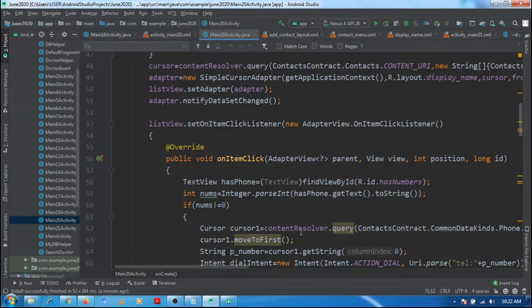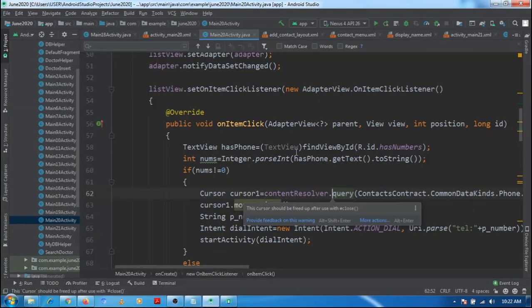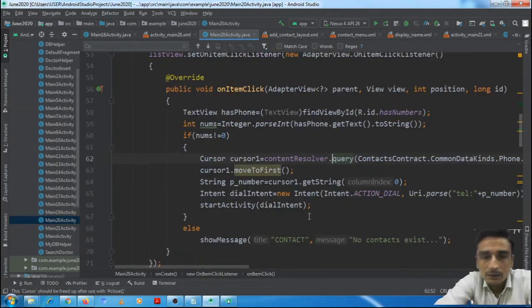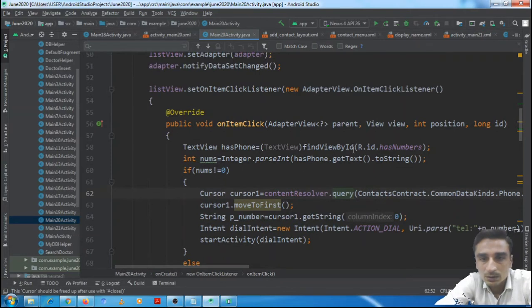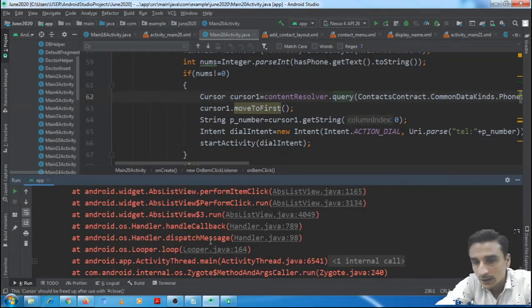It may happen that while reading the phone number we might not have moved to next, or yeah, we have moved to next. Permission on the fly may be required, and that is not written, but let us check what Android is telling us.